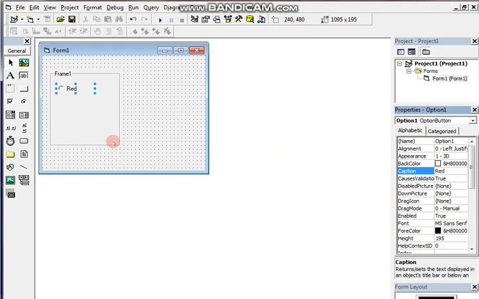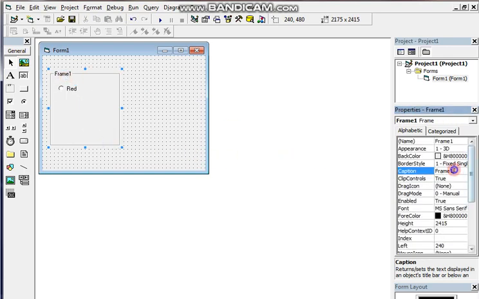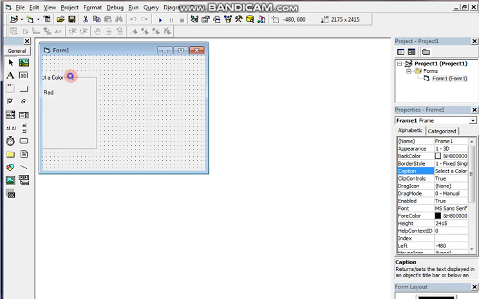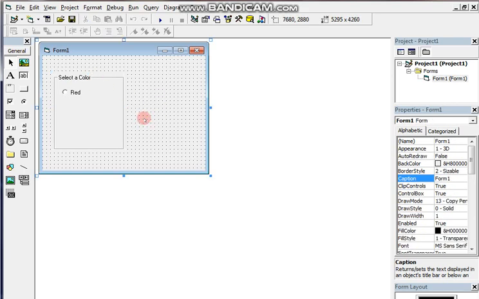Here I can write select a color. Understood why I took the frame? If I move the frame, the radio button also gets moved. That is the advantage of keeping related controls in an individual frame.